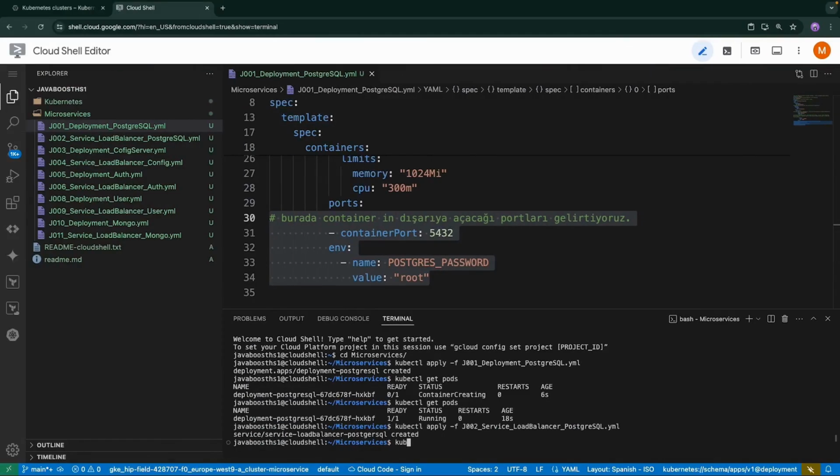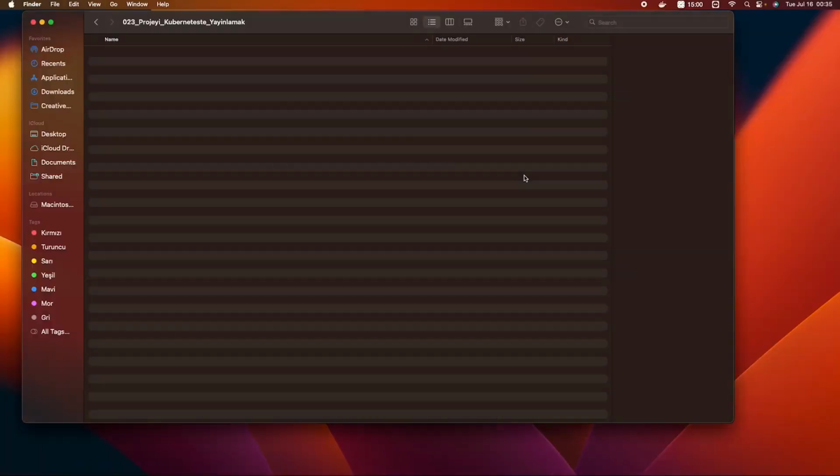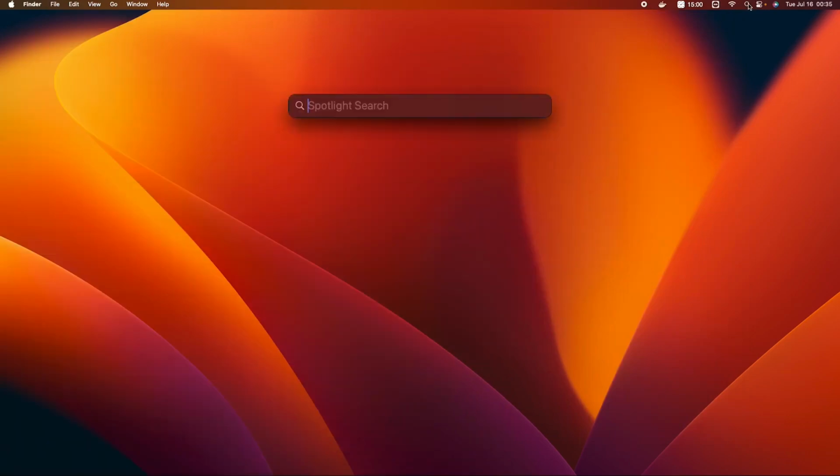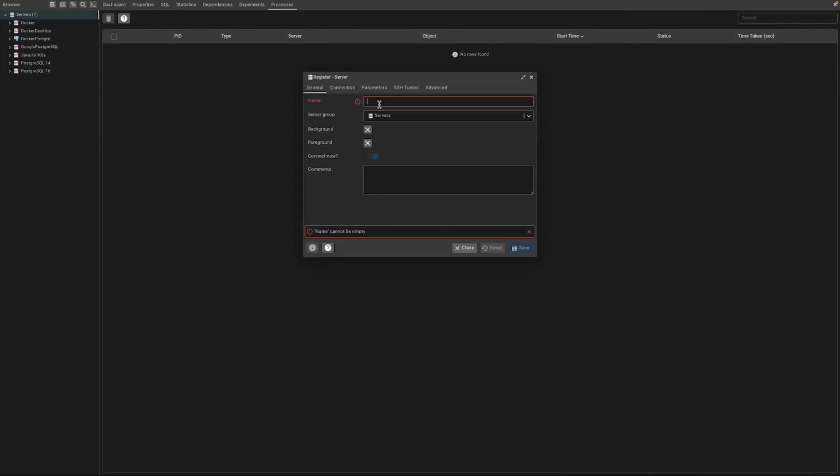Now, let's see, when I say kubectl get services here, look. The thing I created here gave me an external IP. Now, using this, I'm going to connect to this thing. Guys, so how about PostgreSQL, like this? I'm coming in with pgAdmin. I right-click here, I select Register Services. Now, here I say